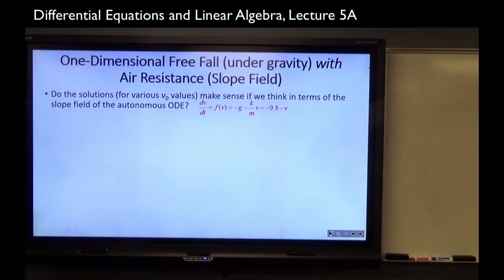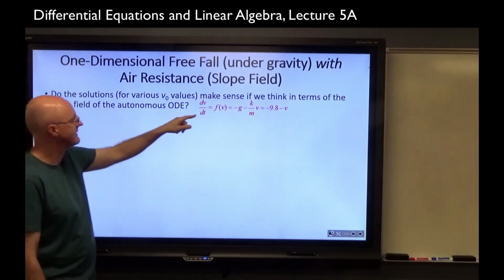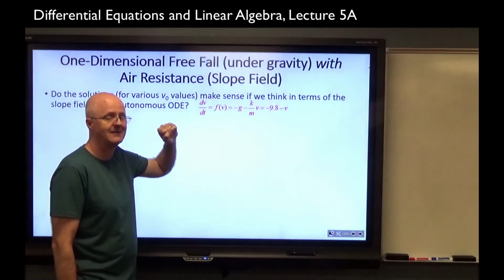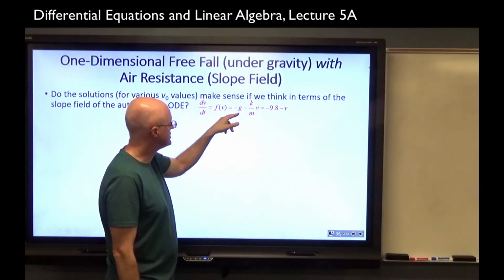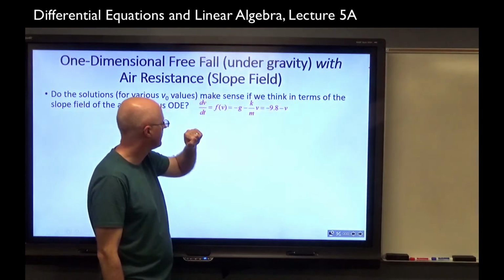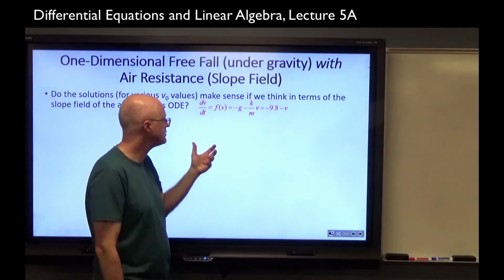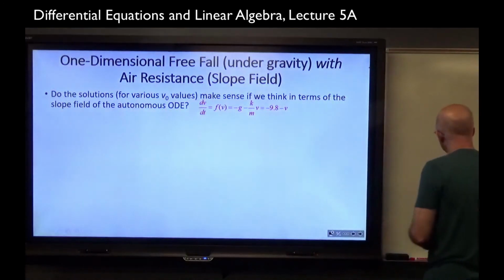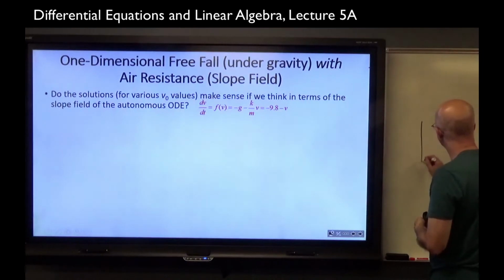Here again is the differential equation. It is autonomous because the right-hand side depends just on the dependent variable v, no t's on the right. And if you plug in g is 9.8 and k and m are 1, you get this simplification. What would the slope field of that look like? How could you make it? Remember what we said about slope fields. For any given point in the slope field,